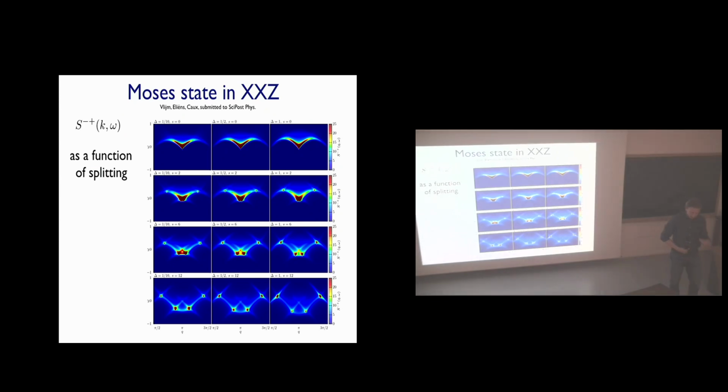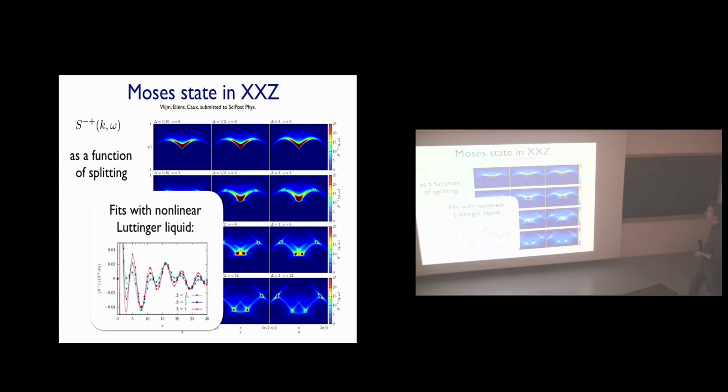You can also play the same game in quantum spin chains. So here I'm doing an experiment which is much more complicated. I'm creating a Moses state in a quantum spin chain. Precisely how I do that, I don't have the foggiest idea. However, it makes for nice, Star Trek-like correlations with all these Fermi points, edge singularities, everything, again, describable by Luttinger theory. It's kind of funny because these are very, very highly energetic states. Nonetheless, they have essentially ground state-like correlations.